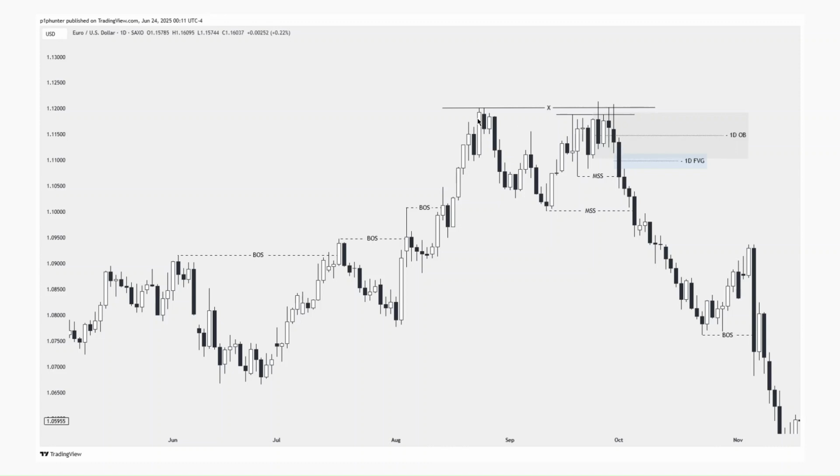As we can see, after these highs were swept, we left behind bearish PDRAs, this bearish order block overlapping with a bearish daily fair value gap, and you can clearly see a cluster of strong down close candles here, showing displacement as price broke the recent lows and closed below them, creating lower highs and lower lows, giving a market structure shift